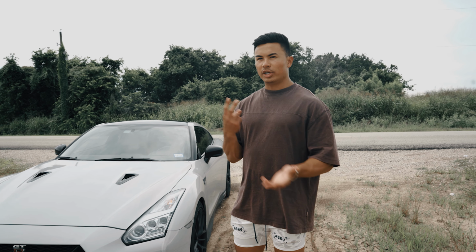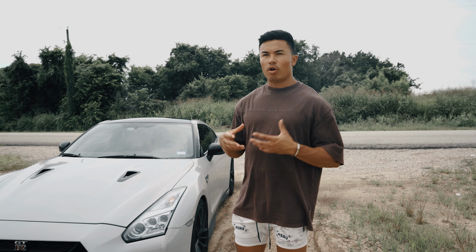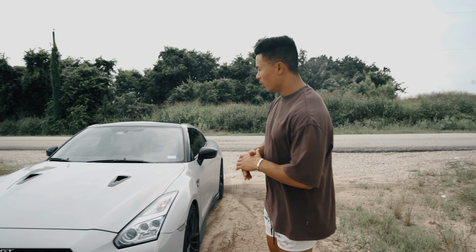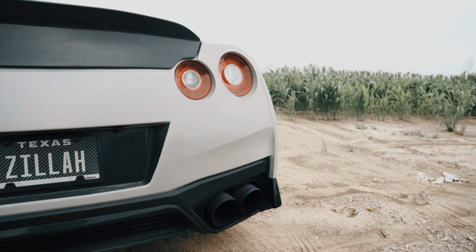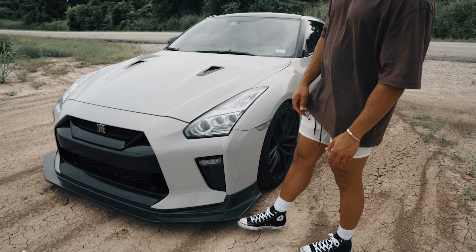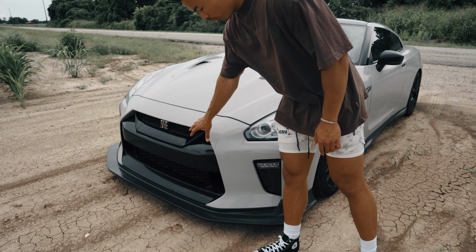Let's go around for a walk-around of what's on the exterior of the car before I go through what I like about it, what I don't like about it, and the overall driving experience. So first things first, the car came in a pearl white tri-coat. It is now wrapped in 3M Gloss Storm Gray, the closest thing that I could find to Porsche's Chalk Gray. On the front here, we do have an APR carbon front splitter, as well as the entire,